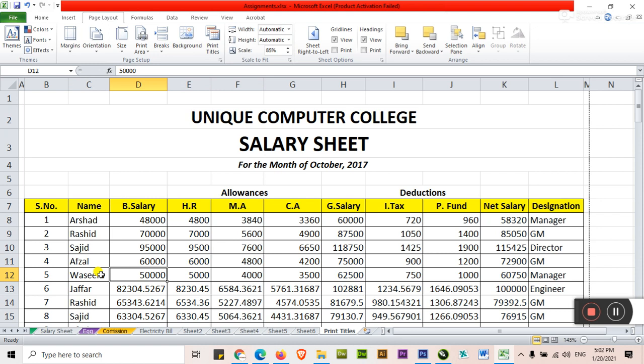Inshallah, my dear students, in the next lecture we will discuss scale to fit and the width and height. On the other hand, the sheet options, etc. That means the commands and the requirements that are left in the page print, and for getting a print, what problems we have to face, how many pages we should get, what the page size should be. In the next lecture we will discuss.